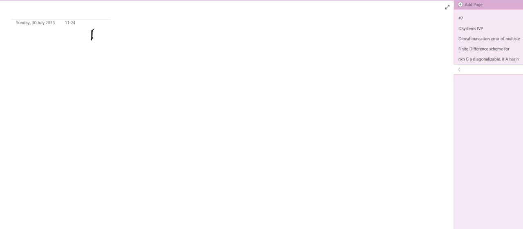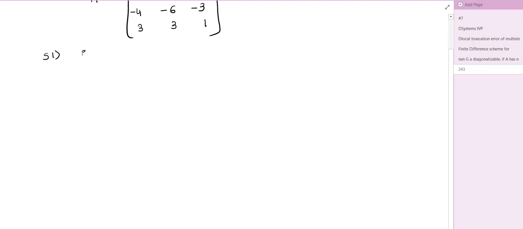So let me take the matrix. Say let matrix A equal to [2, 4, 3; -4, -6, -3; 3, 3, 1]. And now we will see whether this particular matrix is diagonalizable or not. So that's the question. As we know, the first step is to find the eigenvalues